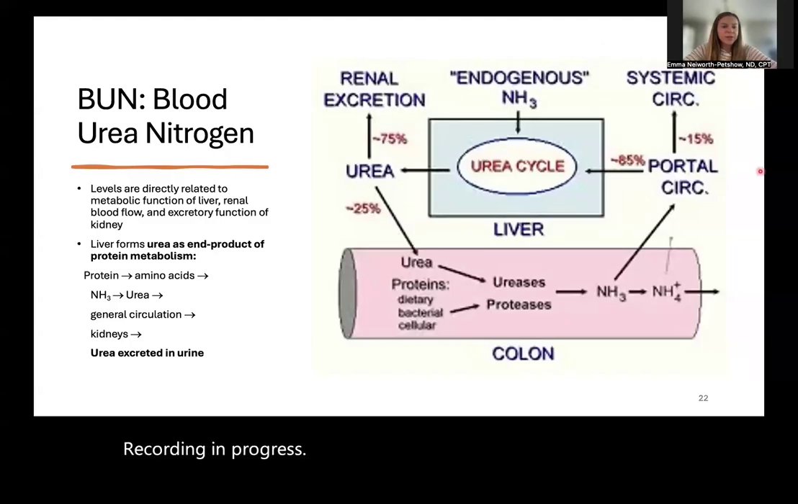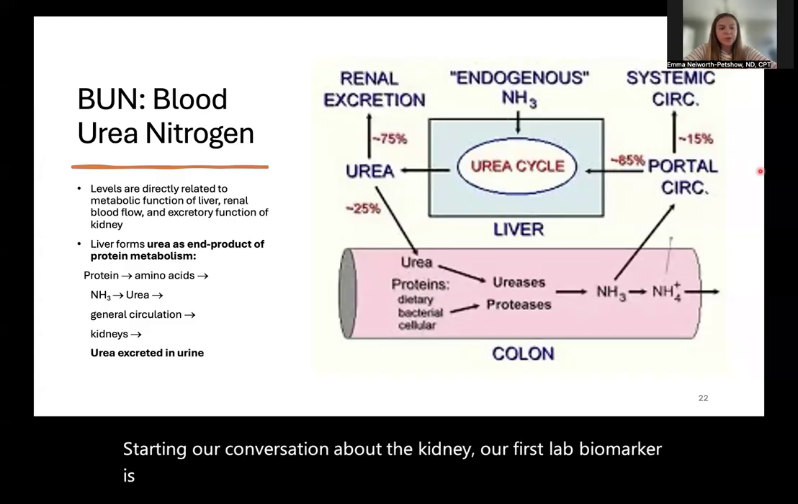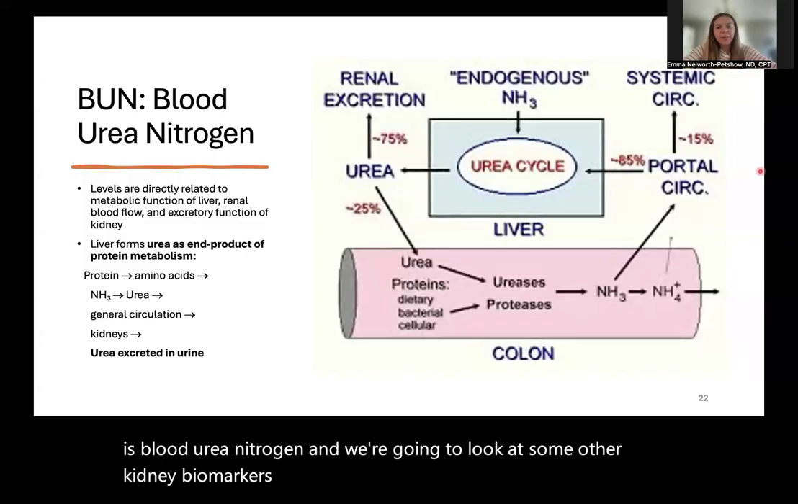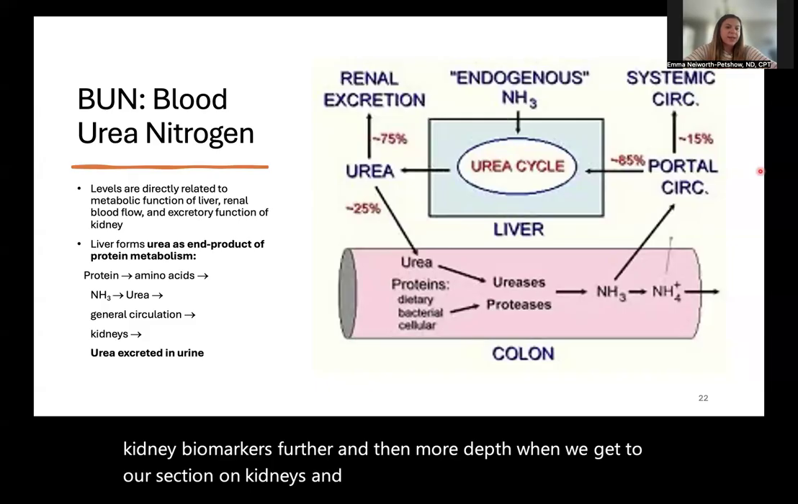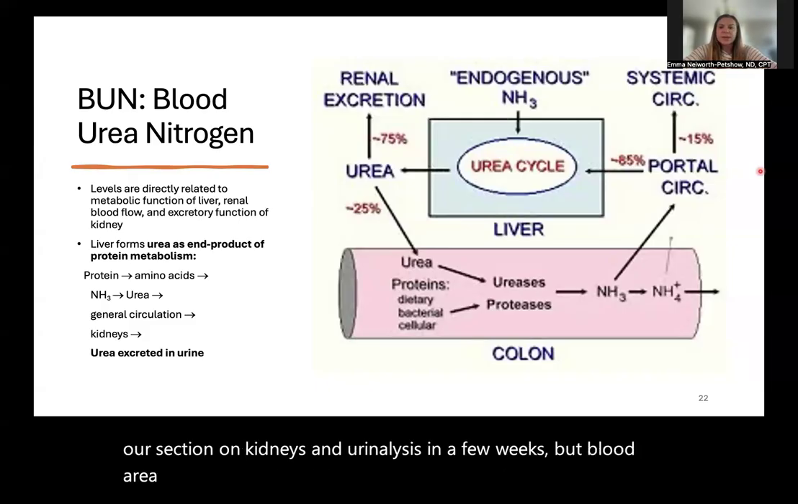Starting our conversation about the kidney, our first lab biomarker is blood urea nitrogen. And we're going to look at some other kidney biomarkers further and in more depth when we get to our section on kidneys and urinalysis in a few weeks. But blood urea nitrogen levels are related to metabolic function of the liver, renal blood flow, and the excretory function